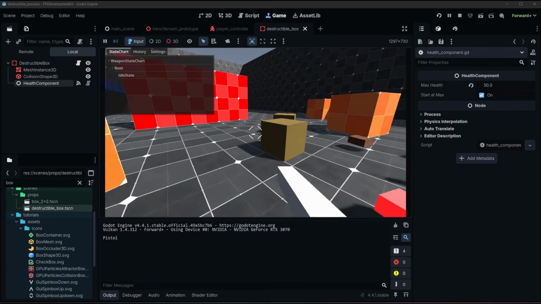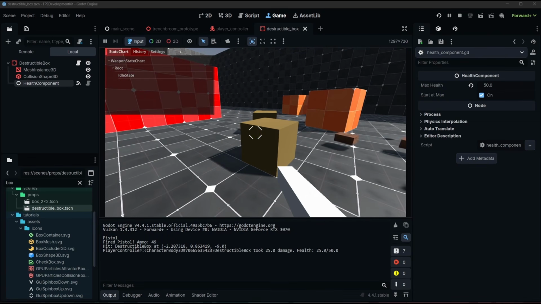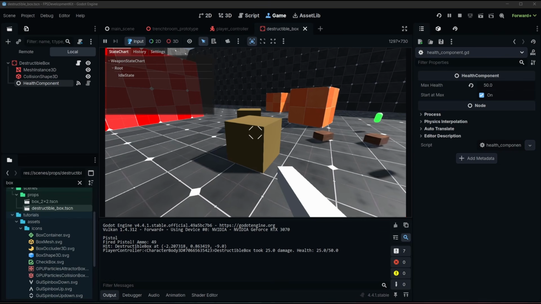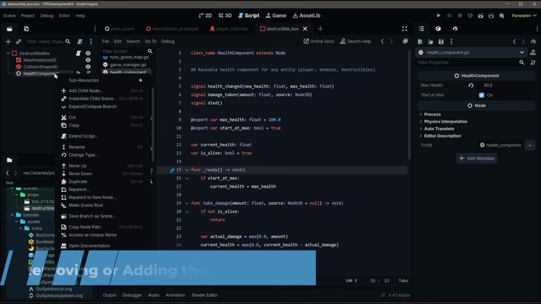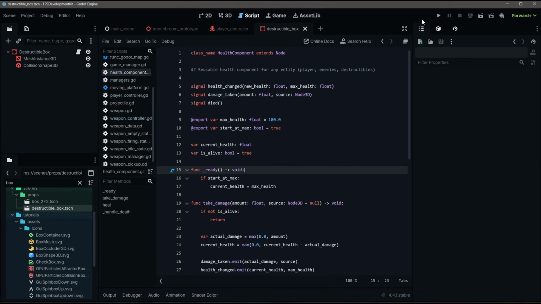We'll go back to our box. We'll shoot it. We took damage. Notice we took 25 damage and our health is now 25 of 50. We shoot it one more time. The box is gone. Now, if I take away that health component, I can just delete it, save it, run